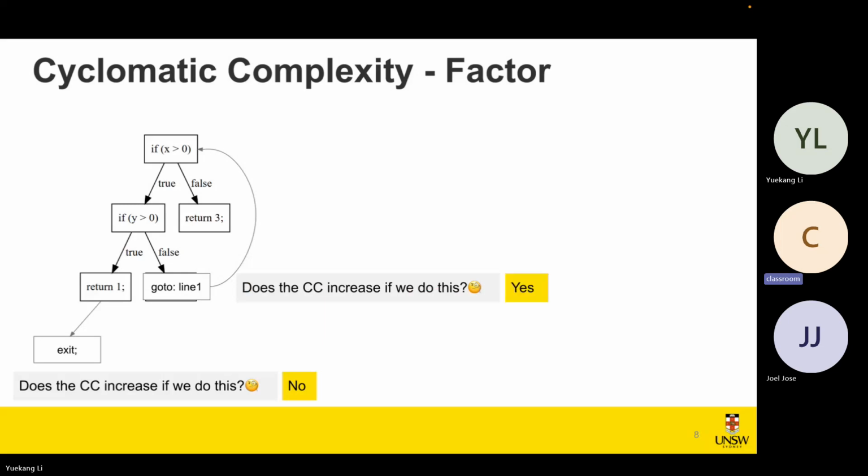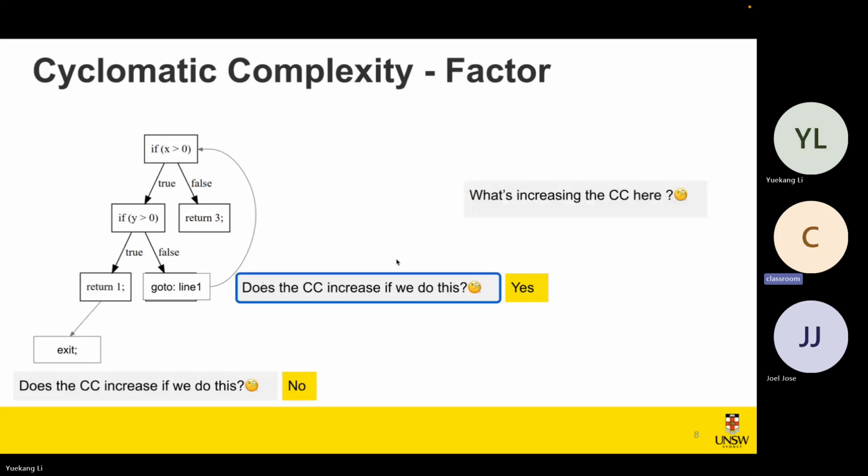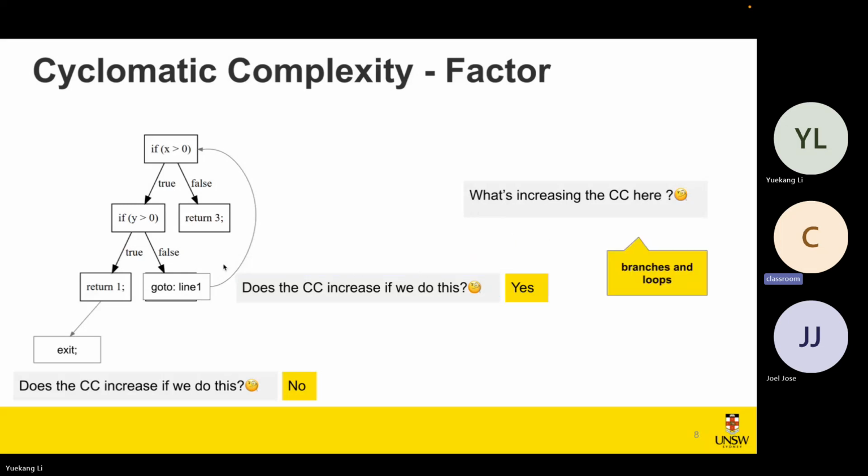So the observation here is that branches and loops are increasing the cyclomatic complexity, because they are the sources of new or extra edges. So branches and loops are one of the factors affecting cyclomatic complexity,